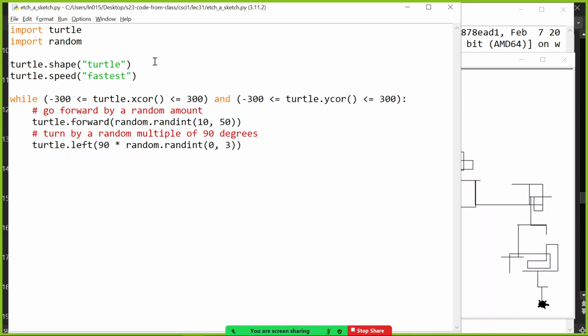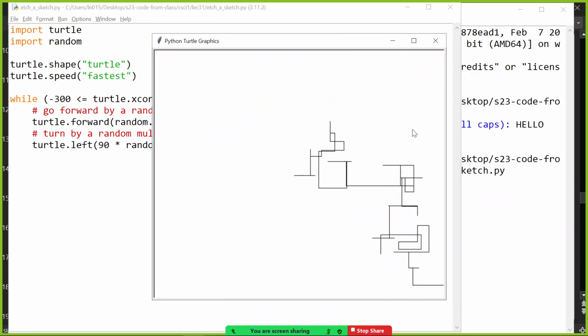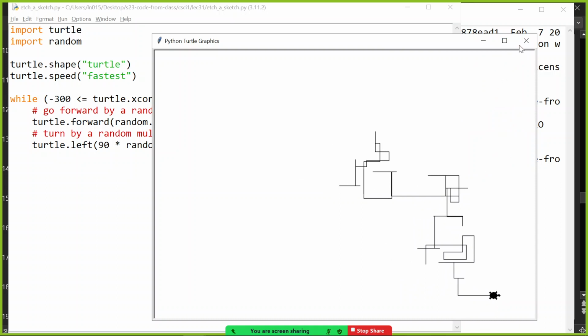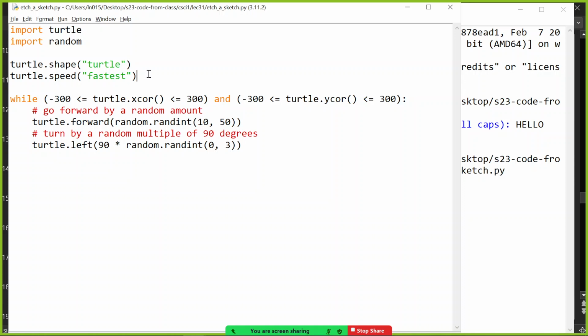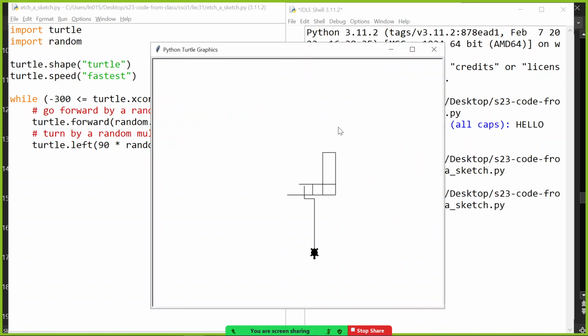Because it is random. We have no clue when he's going to get over there. But it looks like he did it this time. Now he's done. Or maybe he's just so far over there I can't see him. I don't know. Yeah, he stopped. Alright, so that's the idea. Let's make him fast. Let's do it again. Because it's random, it'll look different every time.